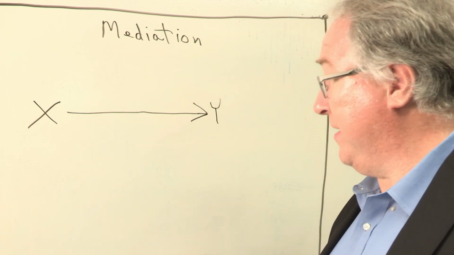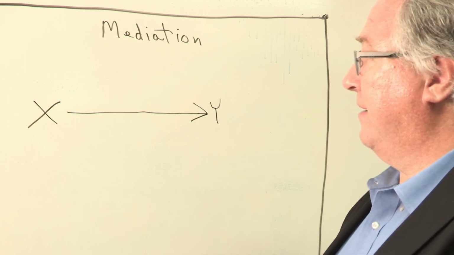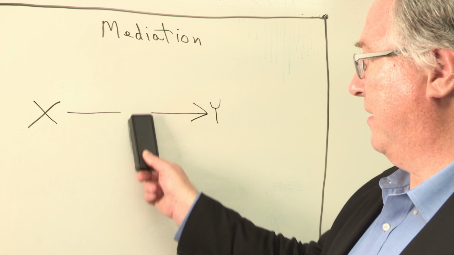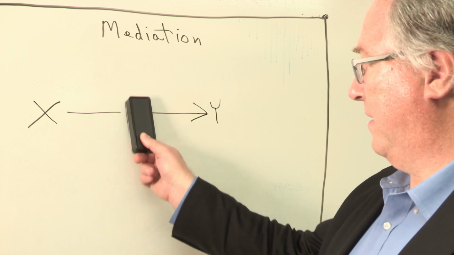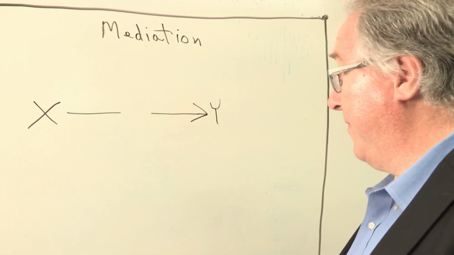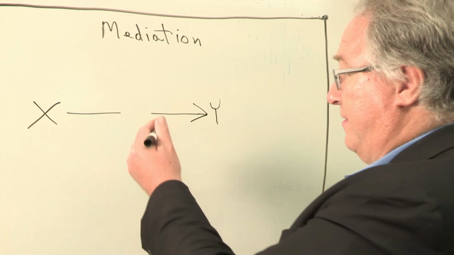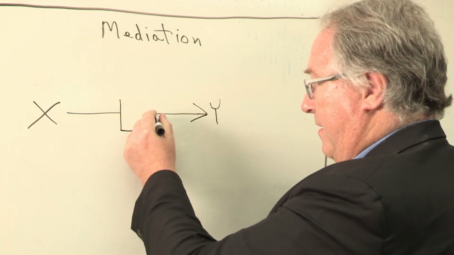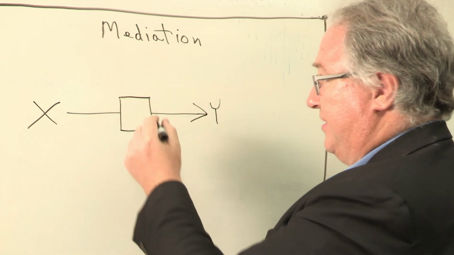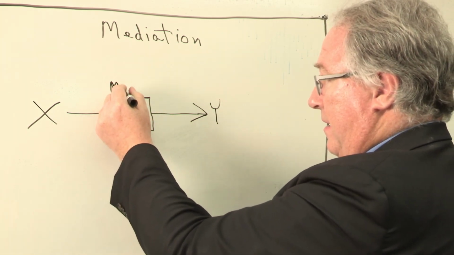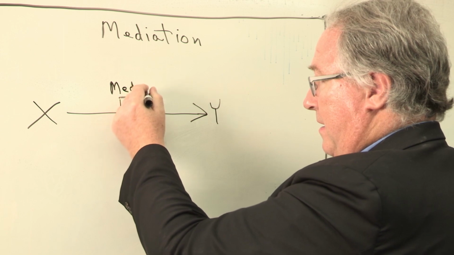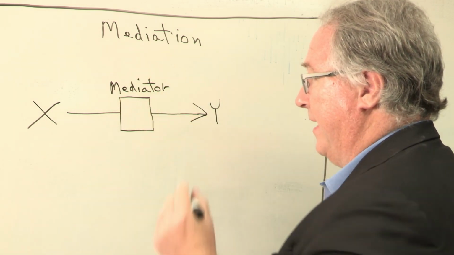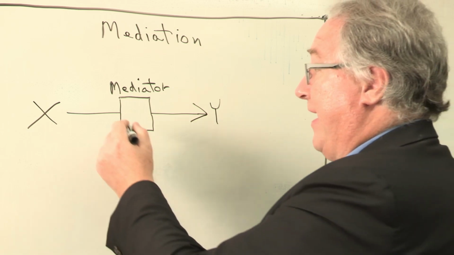In doing that, we need to make some room here, because we're testing to see whether we have a significant mediator variable,